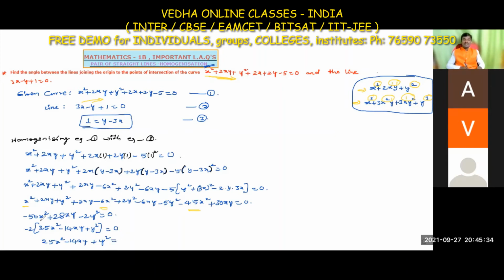Minus 2, I am sending to that side. Here it is multiplying. If you take it to that side, it divides. 0 by minus 2 means it becomes 0. Understood? 0 by minus 2 means 0 only. Okay, so here, now I am comparing with this. What we want? We want the angle. So now here, by comparing, take this as equation number 4.